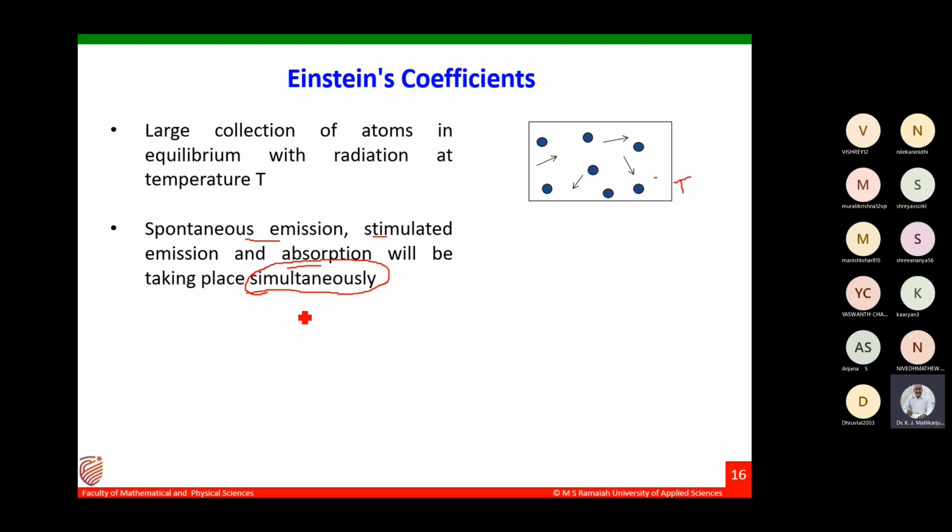It is only in the matter. As we know, thermal equilibrium is at one particular temperature. According to the Maxwell-Boltzmann distribution, the number of atoms in different levels is already governed, and that rule should always be satisfied. It is not that only absorption occurs first and then spontaneous or stimulated emission occur later. All these processes happen simultaneously. You will be absorbing energy and leaving out, absorbing and leaving out. All these are continuous processes.